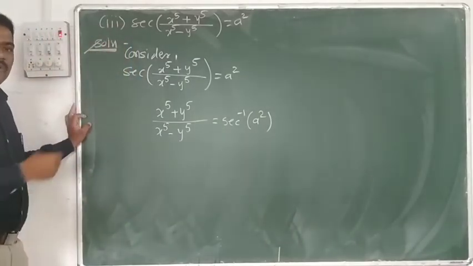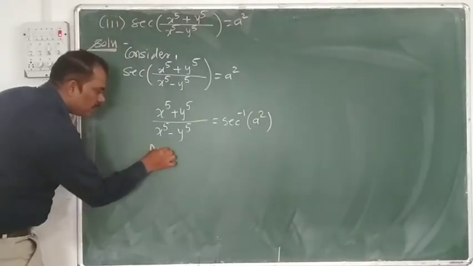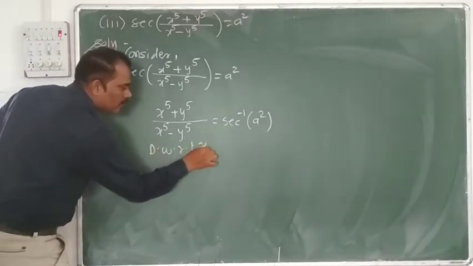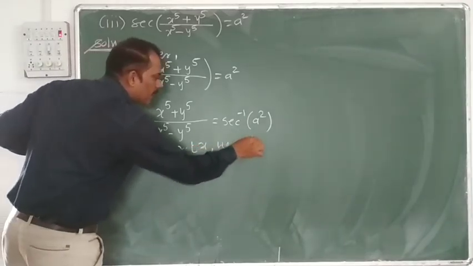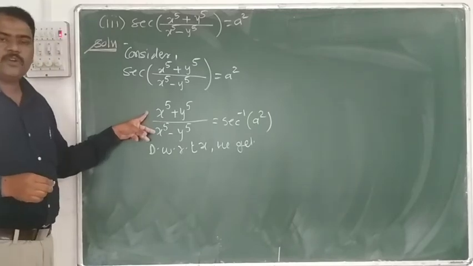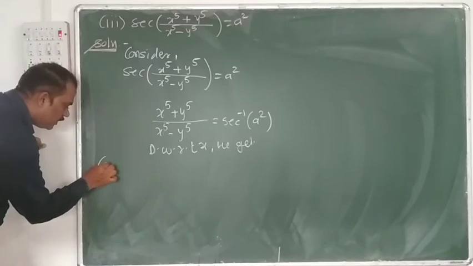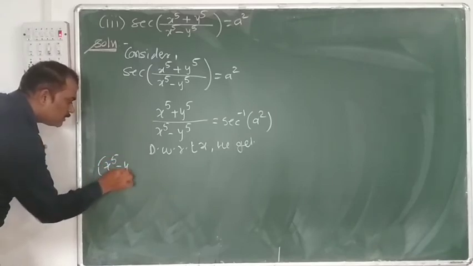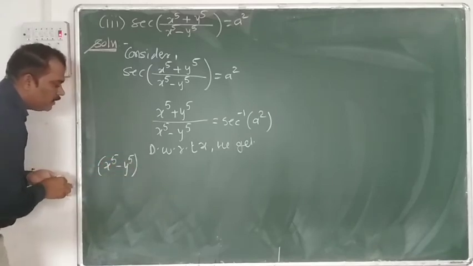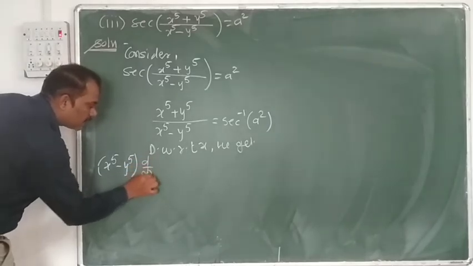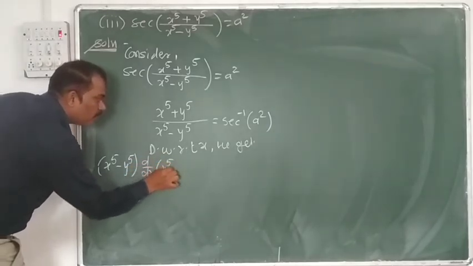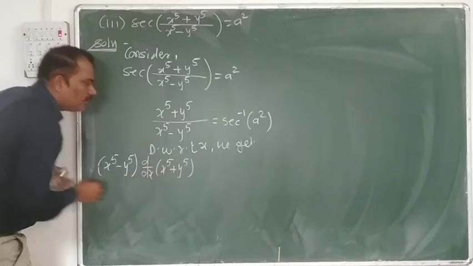Okay. Now we have to differentiate with respect to x, dw with respect to x. We get, the quotient rule is there, so we have to use the quotient rule. Denominator, what is the denominator? x raised to 5 minus y raised to 5, into the derivative of the numerator, that is d/dx of x raised to 5 plus y raised to 5,